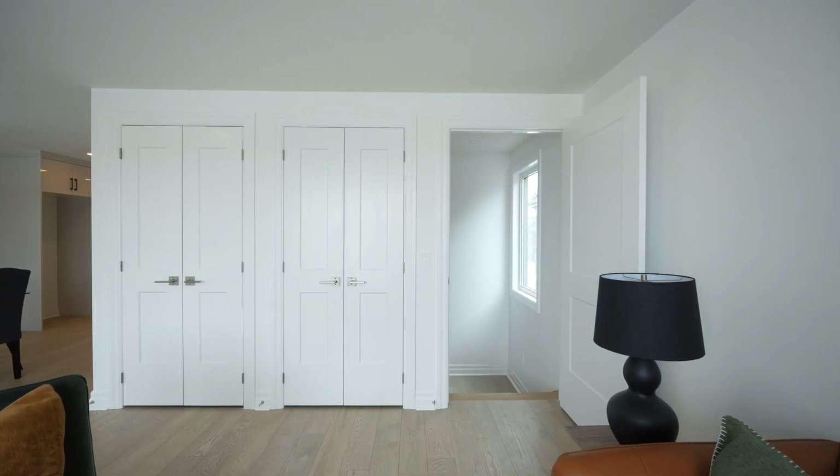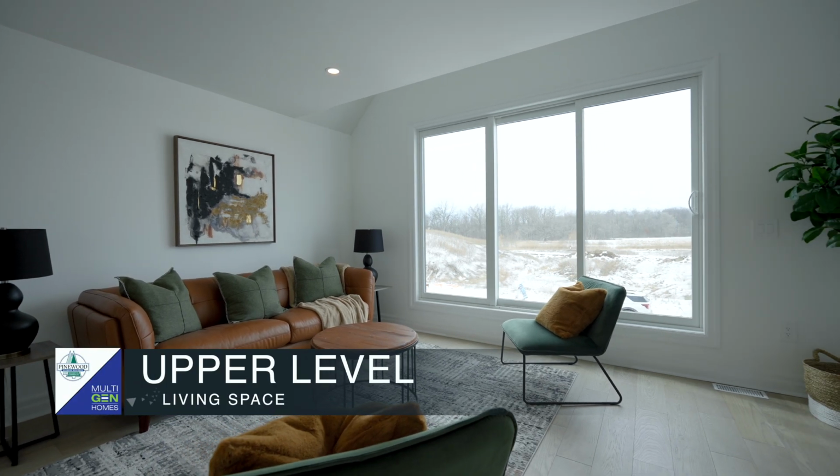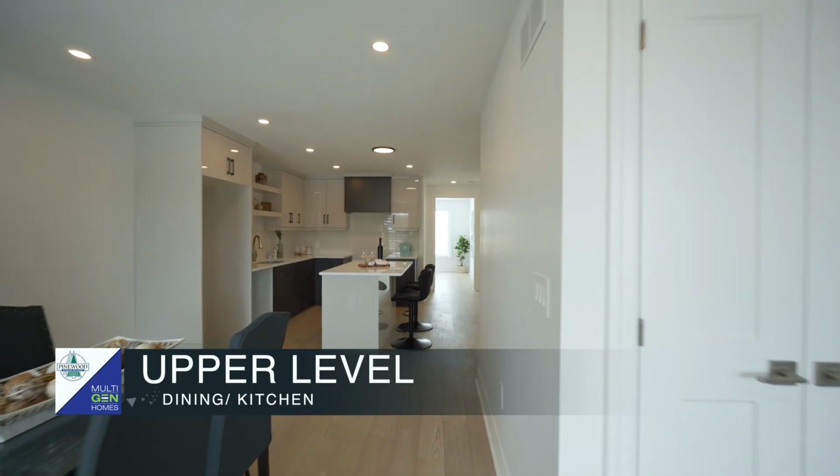On the second level of the Allure, a spacious living room with grand windows greet the homeowner as they open